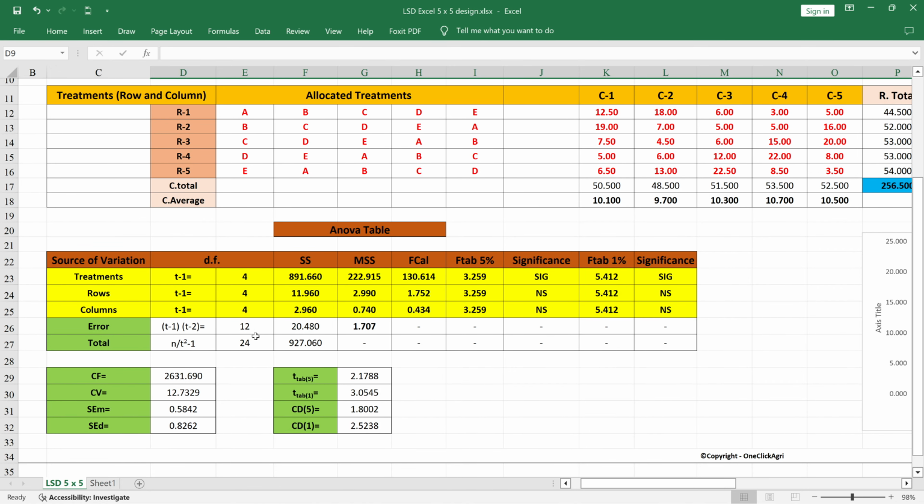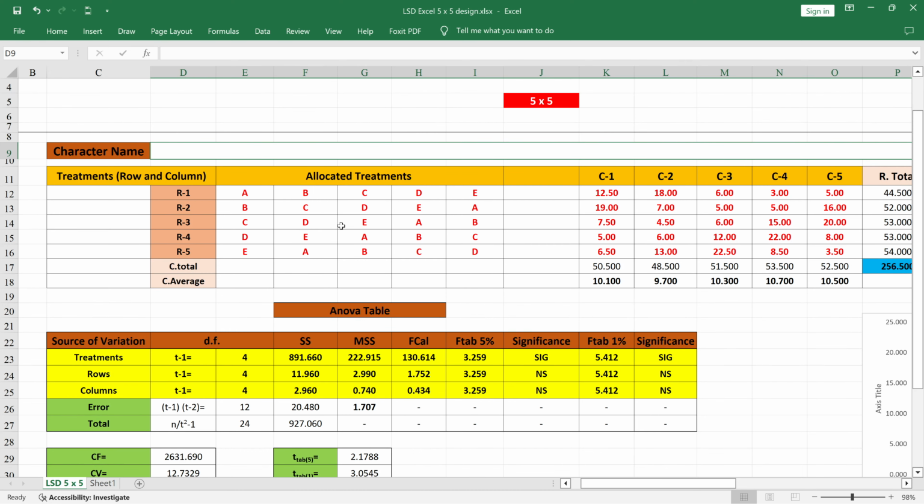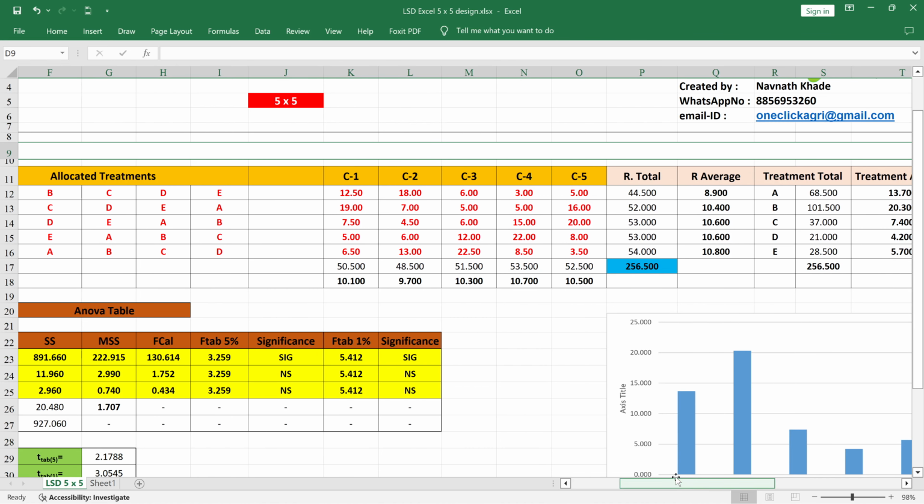Because we have a constraint about the error degrees of freedom, because if it's less than 12, then there is no point to do the analysis, and no variation is there, and things like that, so we consider only the 5 to 8 treatments in Latin square design. Okay, so you can see here,